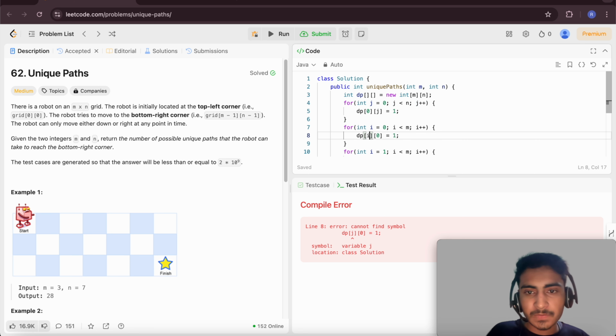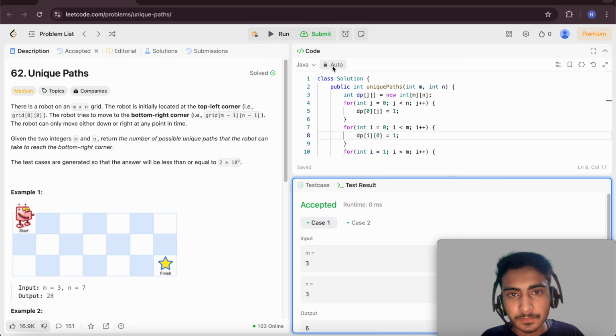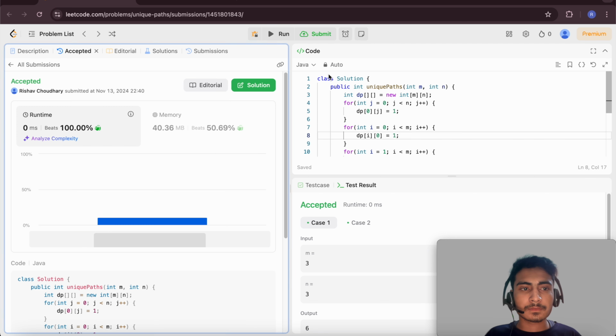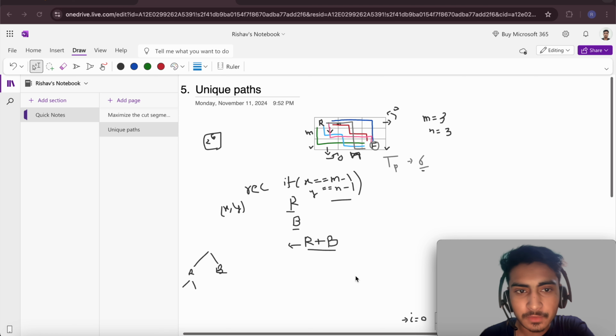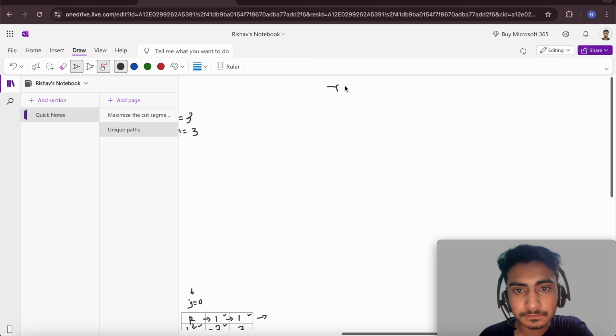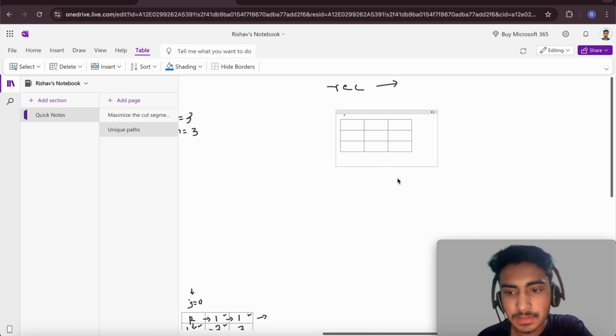Okay, place here i. Yes. Yes, it works. Let's talk about time complexity for both the cases. Let's take this recursive case. Let's take a table. Let's take the same table, and